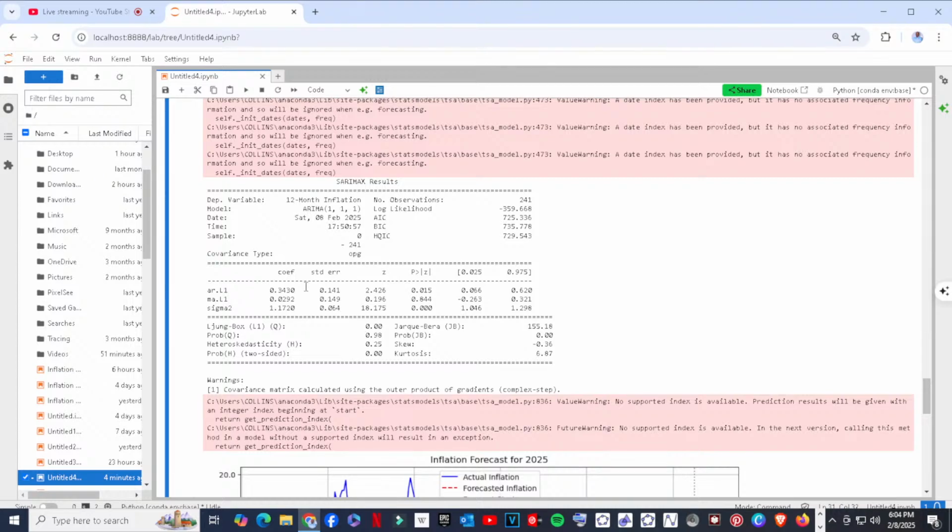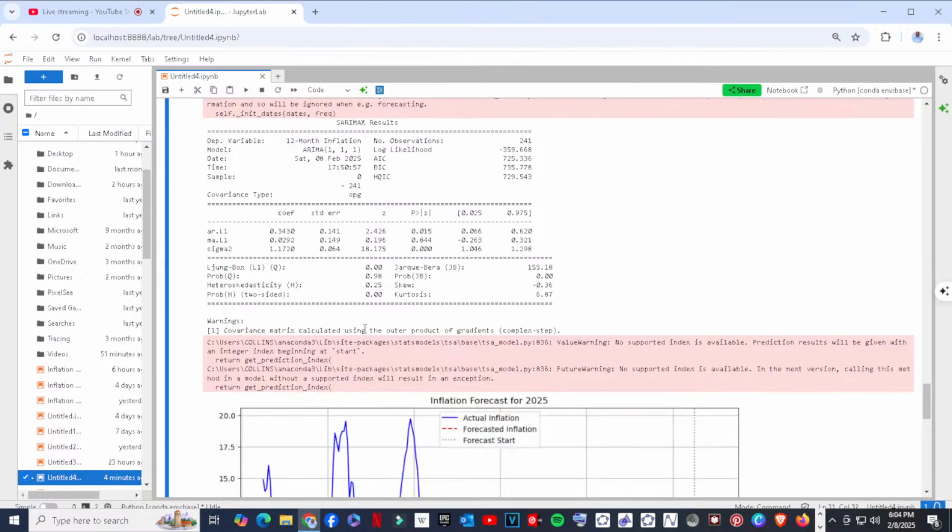Then if you move here, I'm just trying to explain. I'm done with the projections. That's the forecast. For the viewers who are interested to know more, I'm just trying to make sense of the table so that you know what the values mean.